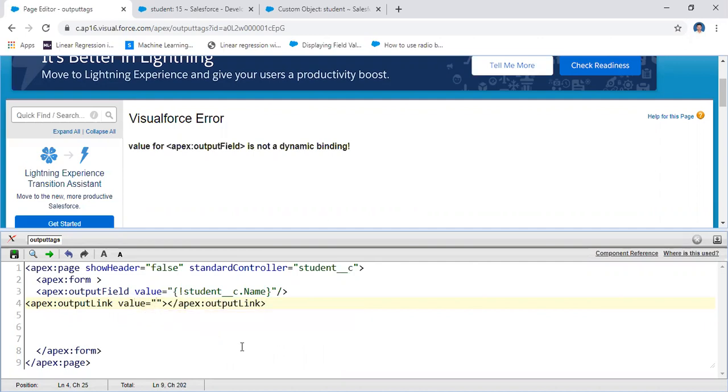Let us assume http colon slash slash www.google.com. Let me execute this one. I need to write some information for the field.